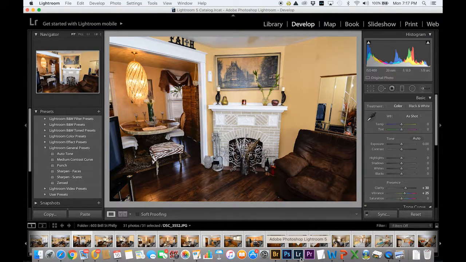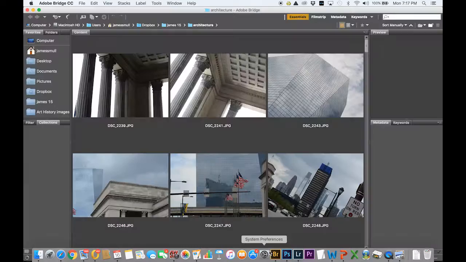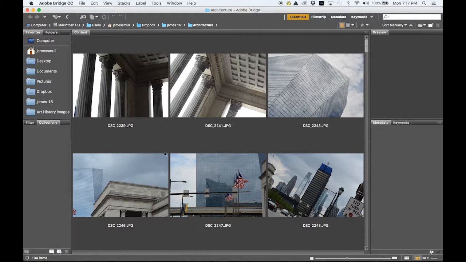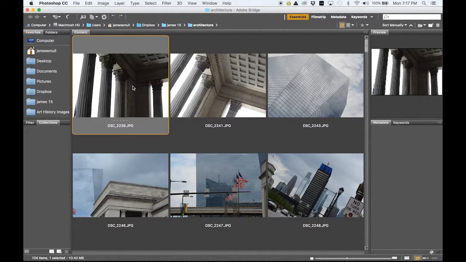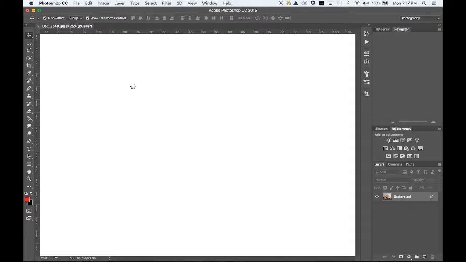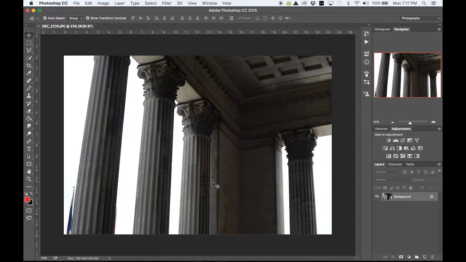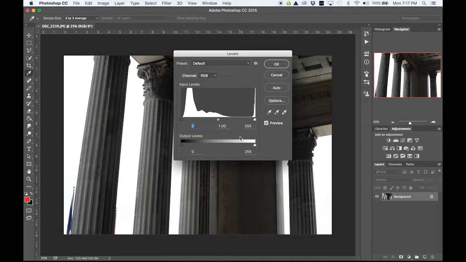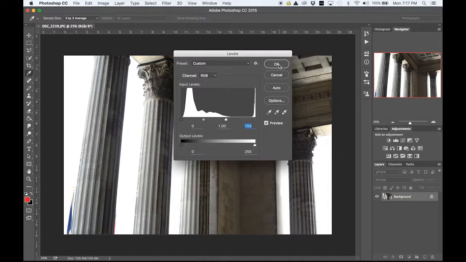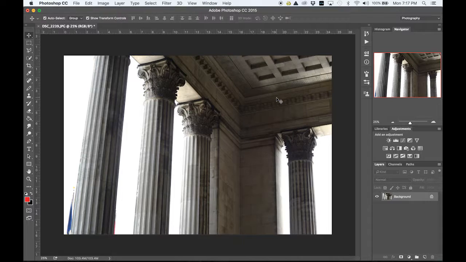Now in Photoshop, if we go back to Bridge momentarily, if I want to do some editing on a particular photograph, I have to open that photograph and wait for it to open into Photoshop. I've got this warning based on my profile, and now I have to begin to edit my picture individually, and then I have to save it to commit those changes. Lightroom, on the other hand,